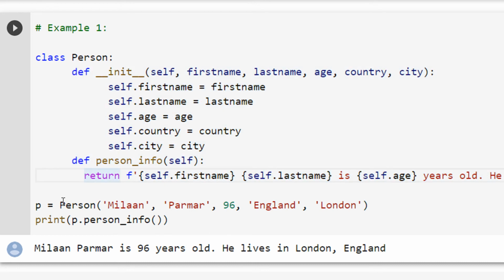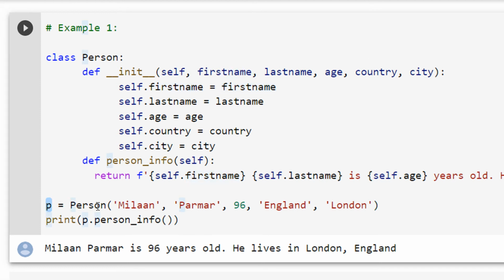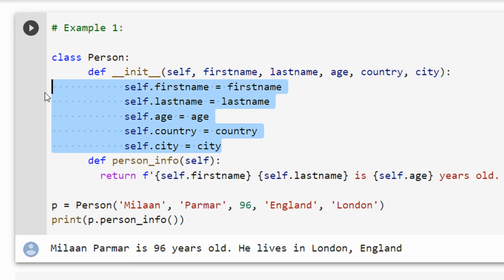Again, we are initializing this person with the same attributes that we saw a few minutes ago: Milan, Parmar, 96, England. So the moment you create an object, it is initialized to these values.